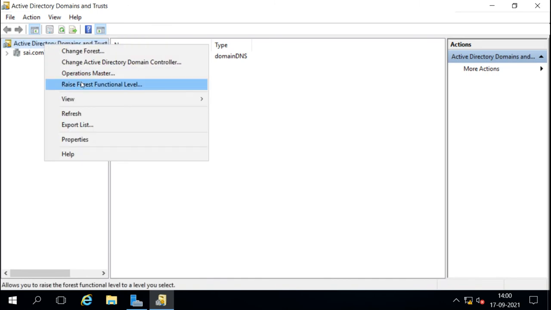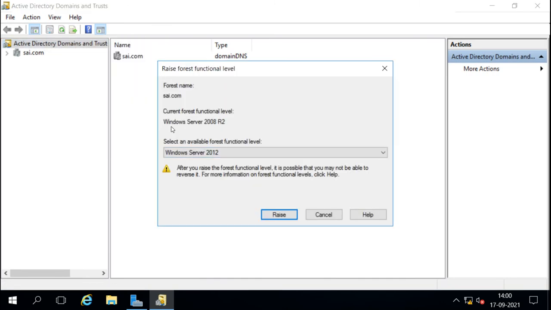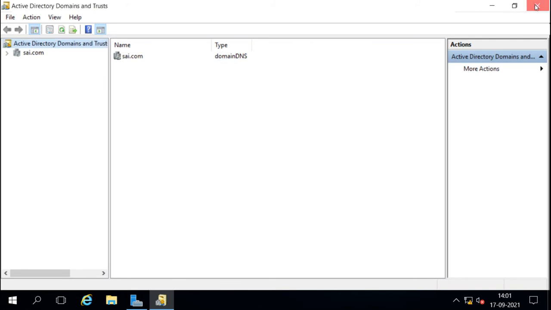Now it is raised to server 2008 R2. So I rebooted the system. Sometimes it happens. So you just reboot the system here.